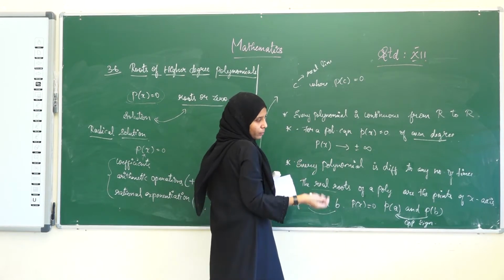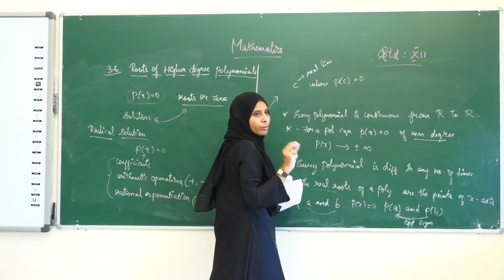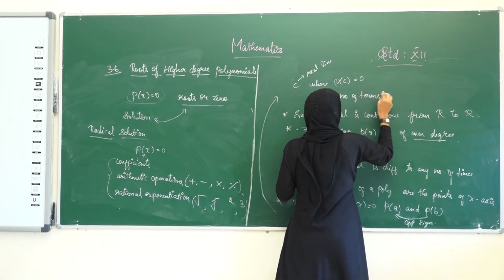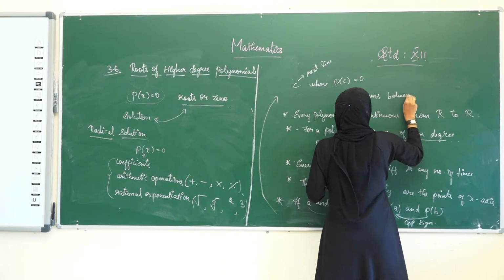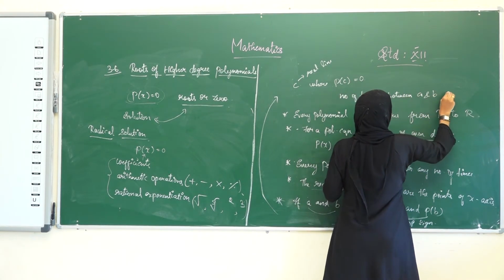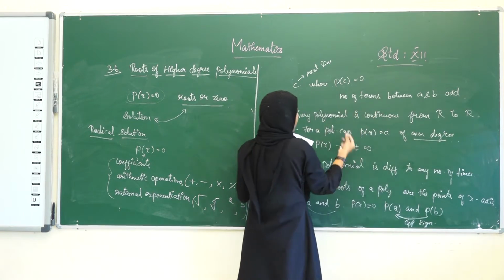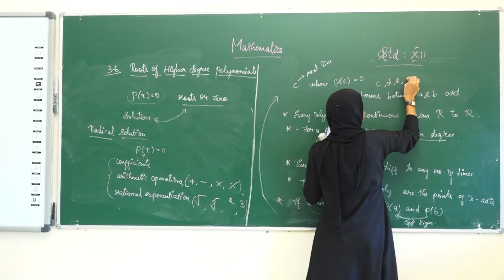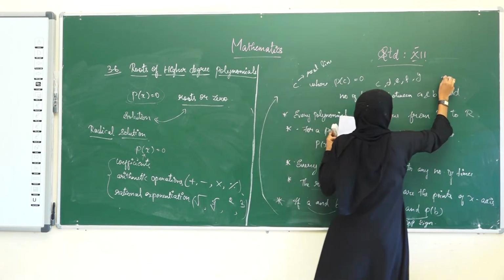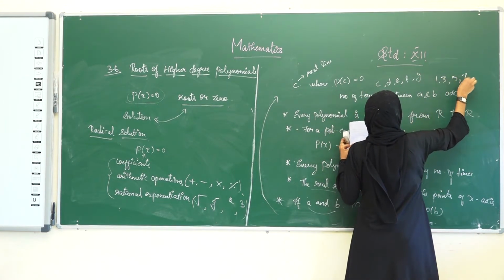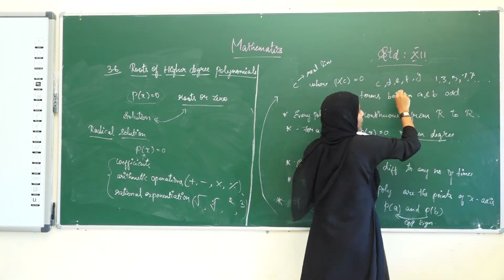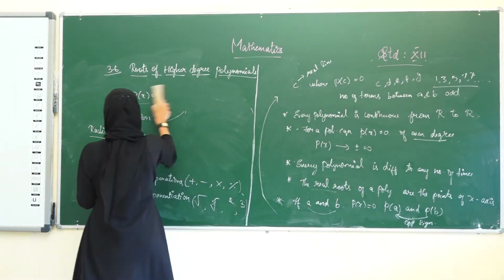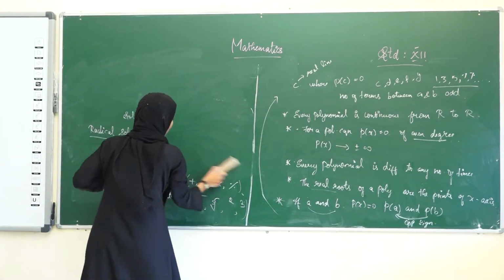There may be many terms, but the number of terms existing between A and B should be odd. That is, there may be C or C, D, E or C, D, E, F, G: 1, 3, 5, 7, 9, etc. But the number of terms existing should be only in odd numbers. Okay. Now, let us move on to the next subdivision.